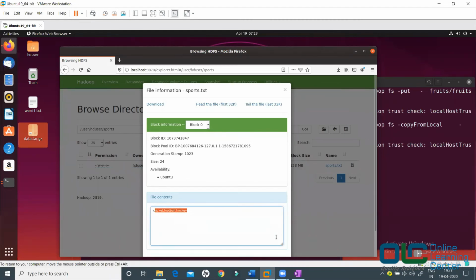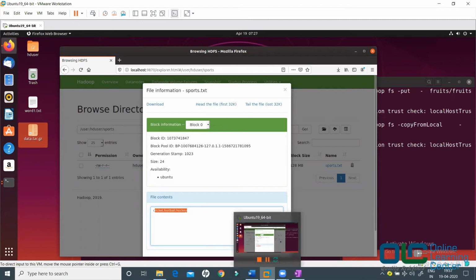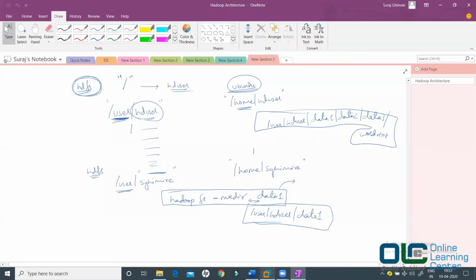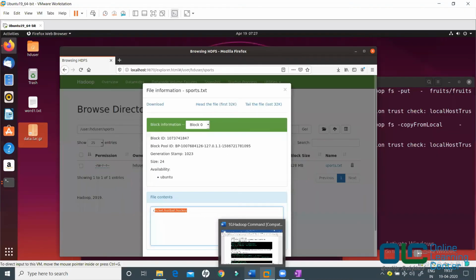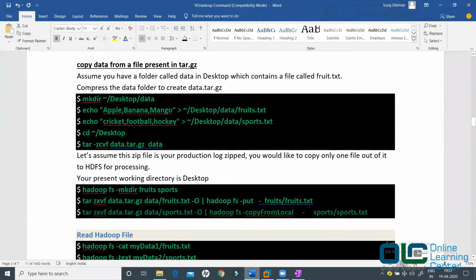So what we are able to achieve here is, we had a zip file. That zip file contained different data, fruits.txt and sports.txt, and I wanted to extract them and store them into different files, right? If you look into your big data project, sometimes the requirement could be like this: you get a zip file from a client, and that zip file contains some data in some format.